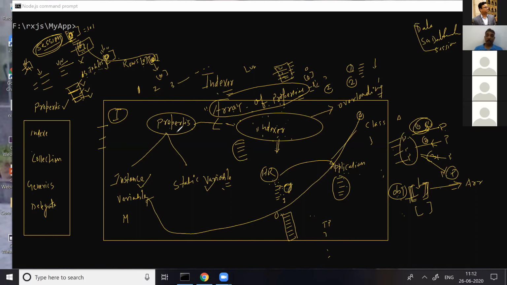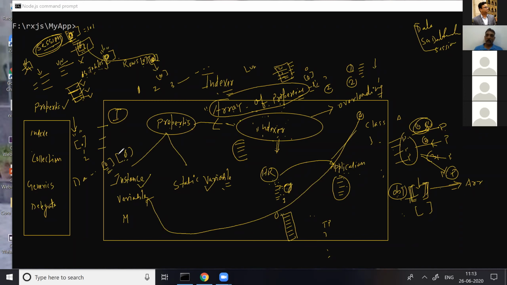But sir, the major difference between indexer and properties is that an indexer can be overloaded. The best example is session. I can use session in two ways, by subscript 0 or 1 or 2, or I can use the variable name in double quotes. The second best example is DataSet. I want to access a particular column, so DataSet dot Tables, row 0, column 0. If I don't go for the column name, I can go with column 0, row 0, 0.